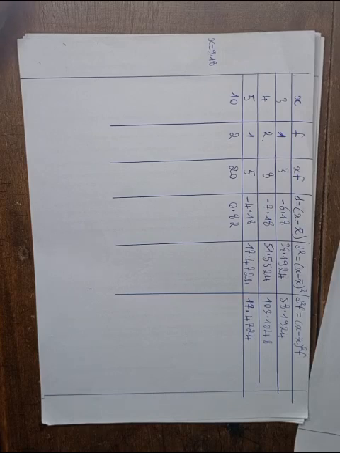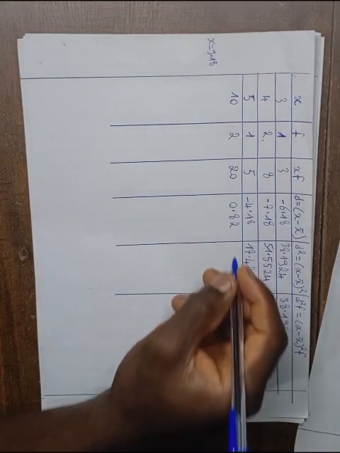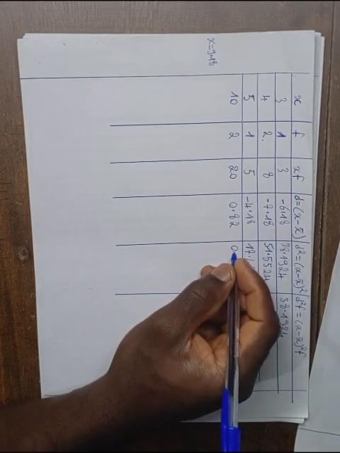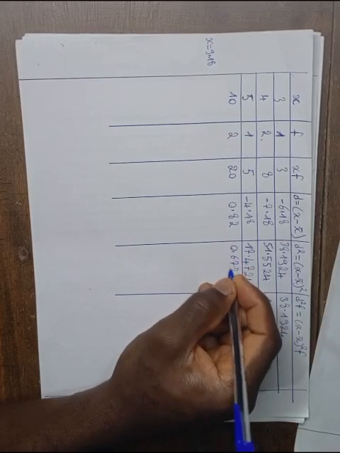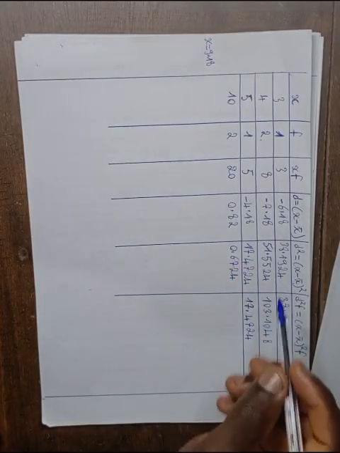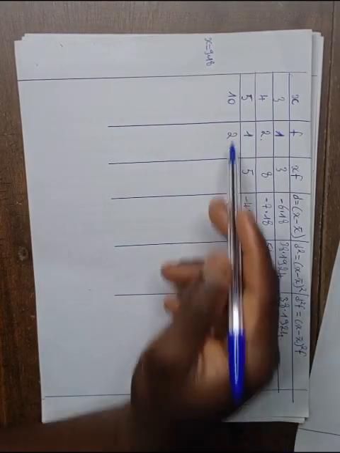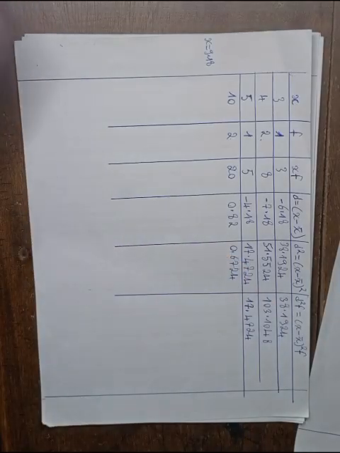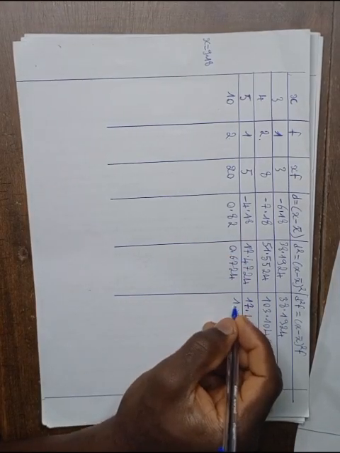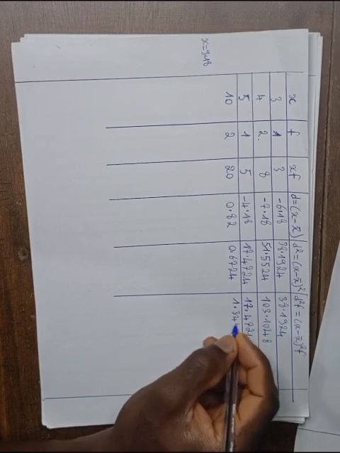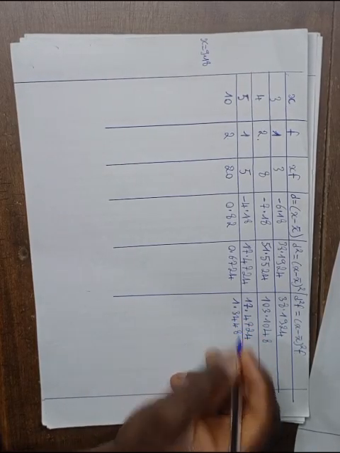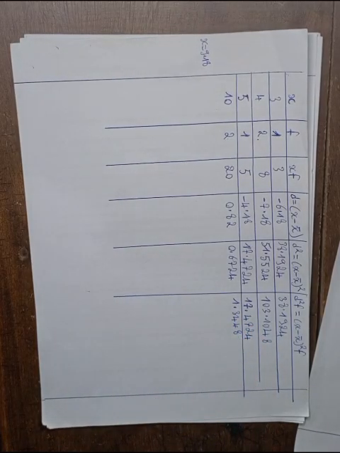0.82 times 0.82 is equal to 0.6724. Next, we are going to multiply the deviation squared by the frequency. So multiply that result by 2. It gives us 1.3448. Next, we move now to the next